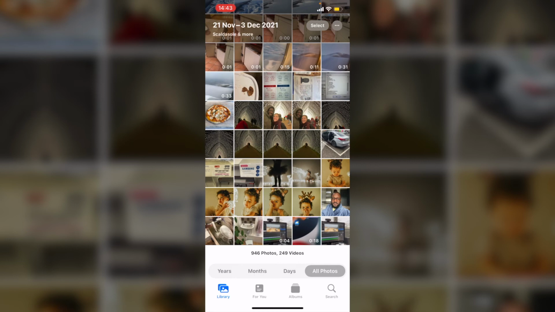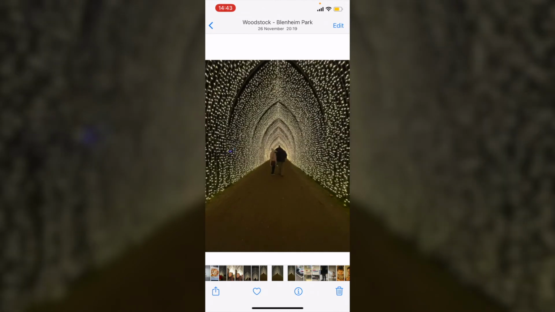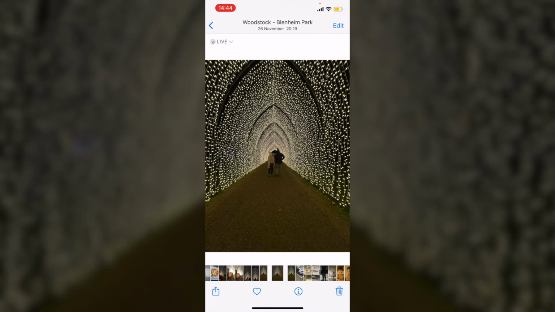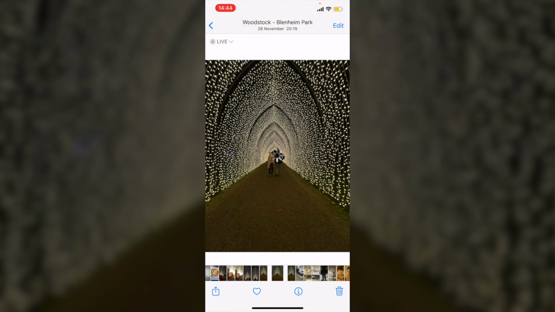Let's say controlling a bit more the GIF yourself. But again, don't forget that we've got the options. So this was us, let's say we went to Oxford, we did some nice wandering around, and you're aware that if you press and hold the picture, things will move on like that, and that will stop. That's the instant that we get recorded. Now on my top left corner, I have got two options. Well, I've got an option which was the symbol I was talking about. That is live. If I click on that, that gives me the option to do a loop, which means that this will bounce back